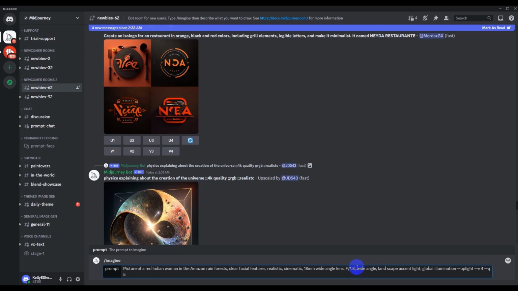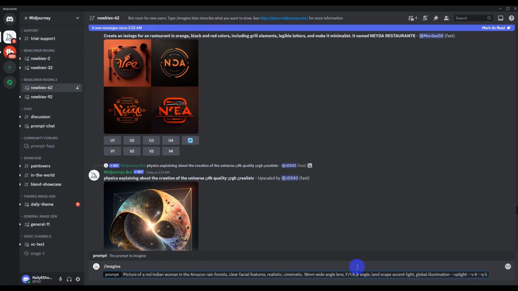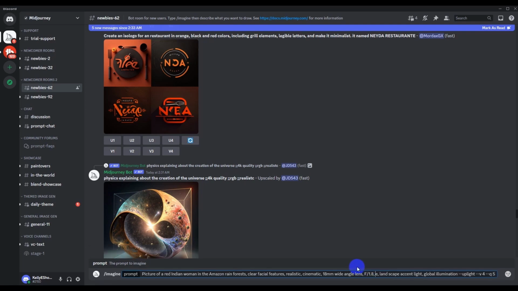There is another wide angle right there. Let's get rid of it. I tried landscape. Let's see whether it will give me something.